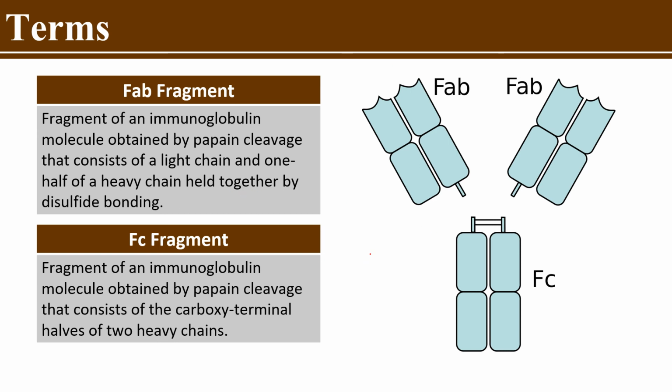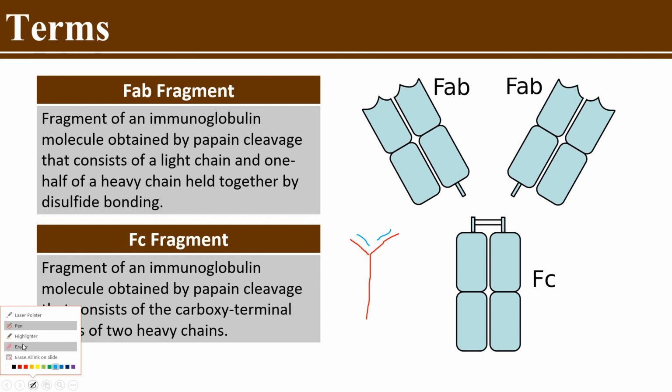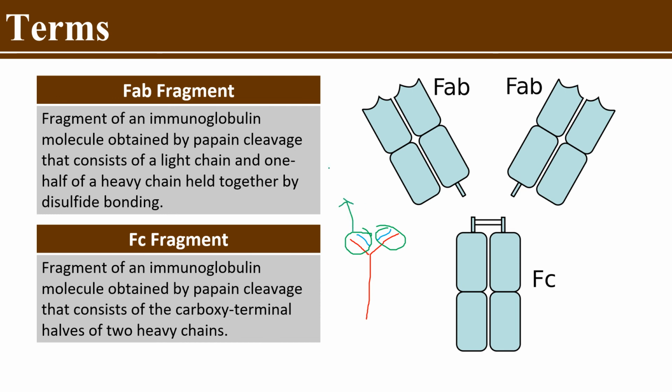So if you recall, the appearance of your immunoglobulin earlier. So this is the heavy chain and this would be the light chain. So the Fab fragment here is this one. They consist of a light chain and one half of a heavy chain. So this is your Fab